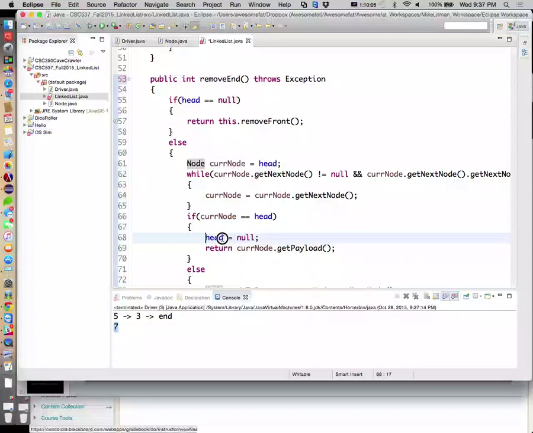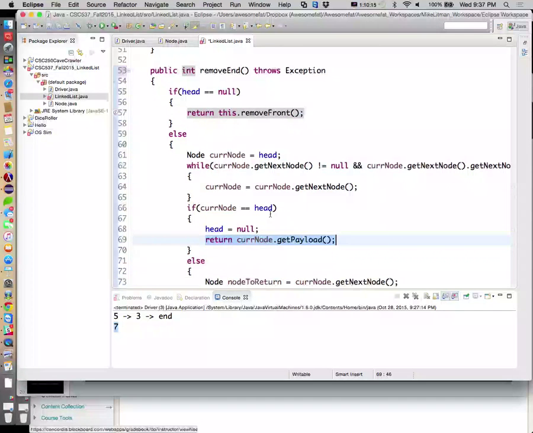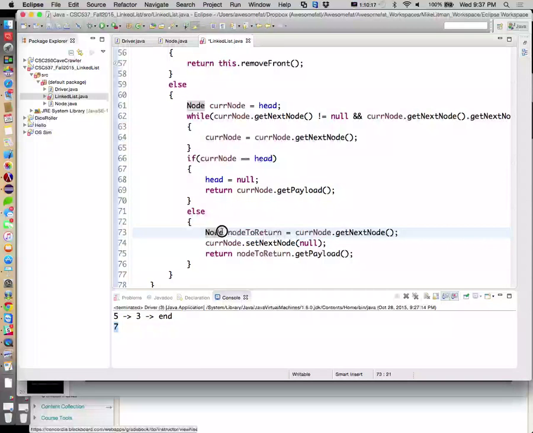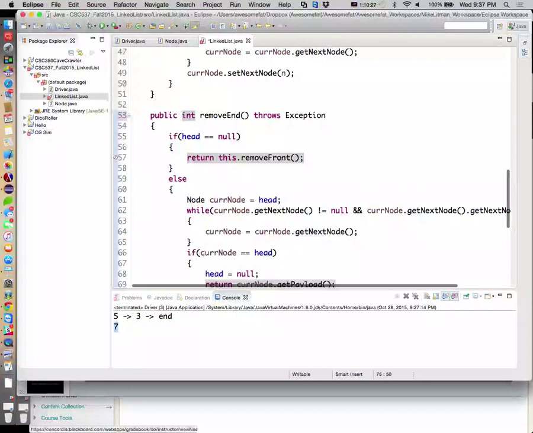Go ahead and reset our list to empty, and then go ahead and grab and return the payload, the guy we're currently looking at, because he's the only guy to return. Otherwise, let's grab the next guy, who's the actual guy we want to return, update Cur Node's next node to null, and then return the payload. Okay, so that's remove end.